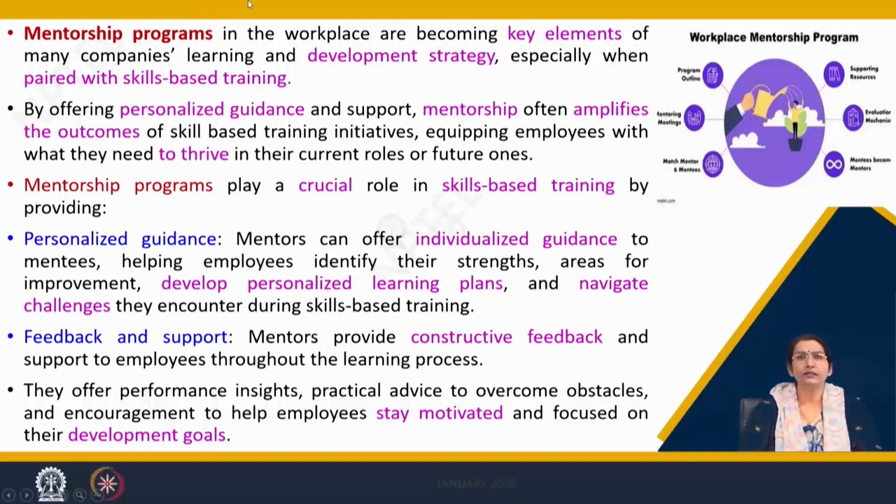Now the mentorship program in the HR department: in most companies and organizations, mentorship itself is a routine, very organized, regular program. The key elements in many companies are primarily focused on development strategy: when a particular skill training should be given, the appropriate timing, the availability, and giving personalized guidance. The mentors focus on the